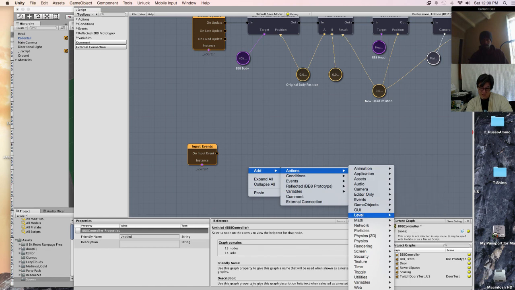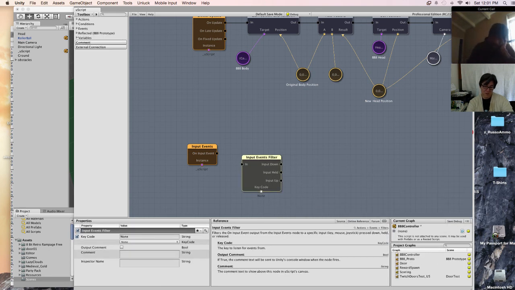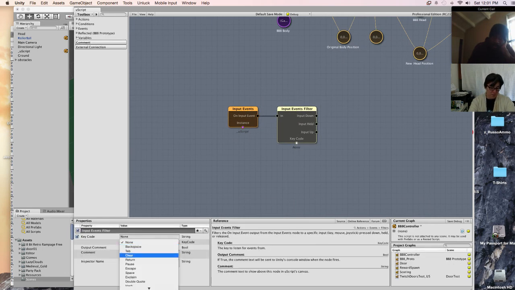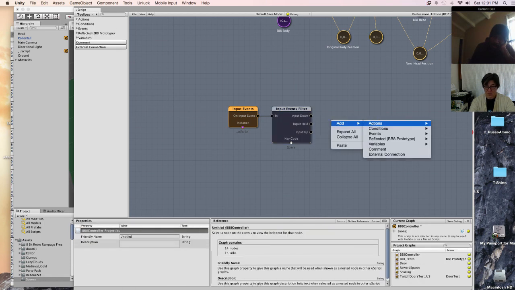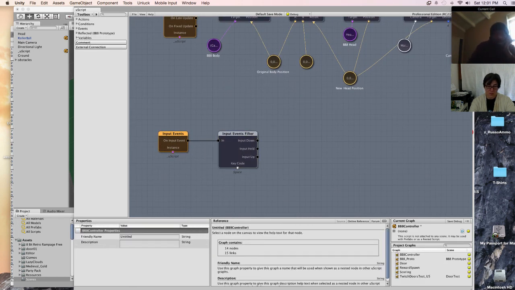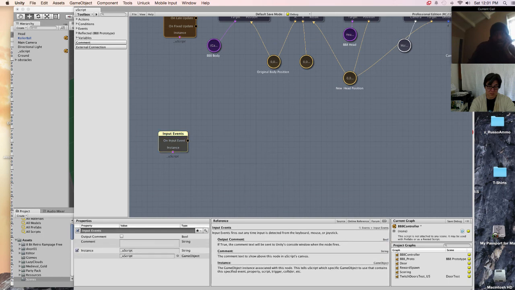Let's see. Input. Filter. Input events filter. Let's just call it space action. Is this to change camera modes? No, I'm going to actually do this. Ditch this.